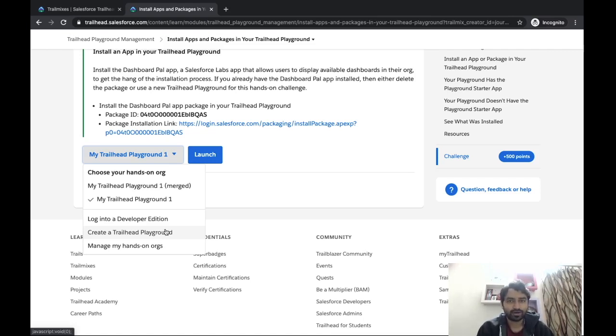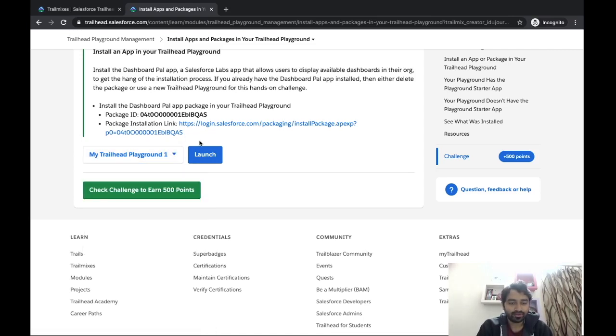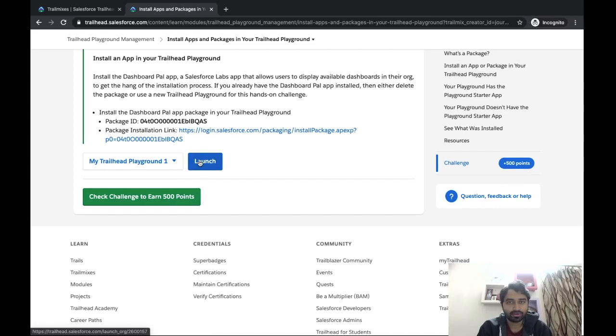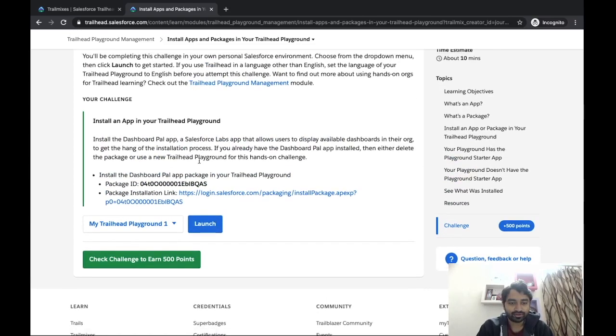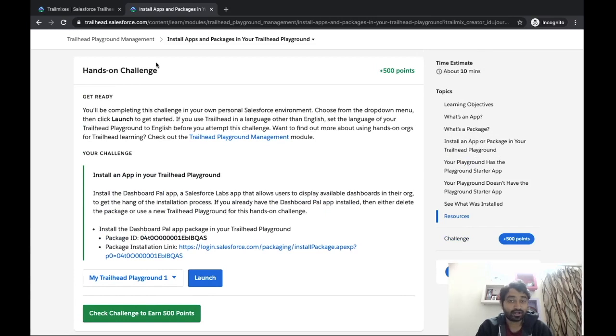It's kind of like a production replica, but you get to use it only for development purposes. You can learn on it, you can practice everything on it, and all of your trail mixes going forward, you're going to deal with a Trailhead Playground, that is the free Salesforce instance. Now, once you create a Trailhead Playground, you can just click on the launch button here to open the free instance. We'll do it in just a bit, but just so you know that a unit can also end in